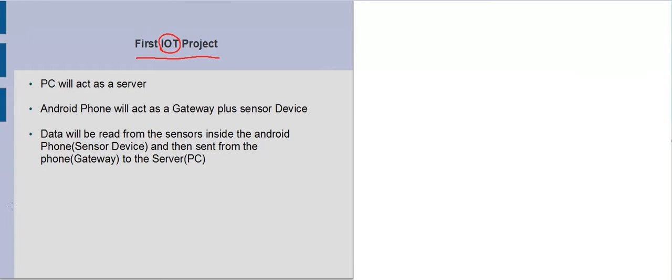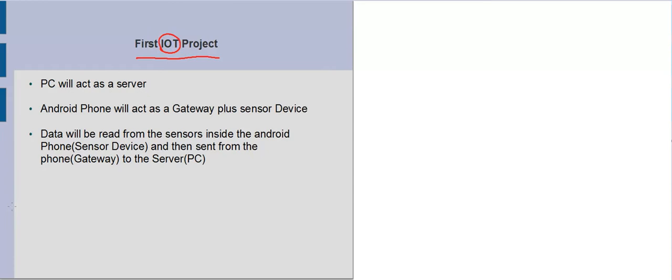Maybe some small tiny Android device, and then maybe a certain gateway in between, and then a server. But then I thought, let's keep it simple so that it is easily understandable, and you get the concept of what an IoT ecosystem actually is and how it works. You get this concept completely, and then you can apply it to any kind of devices, maybe Raspberry Pi based devices or gateways, or Arduino based, or cloud based